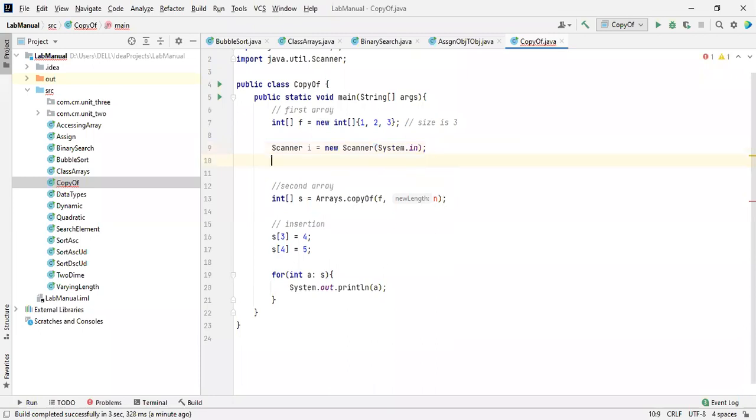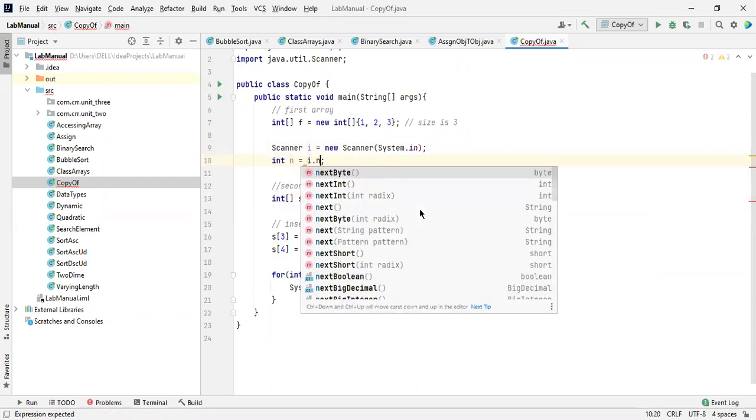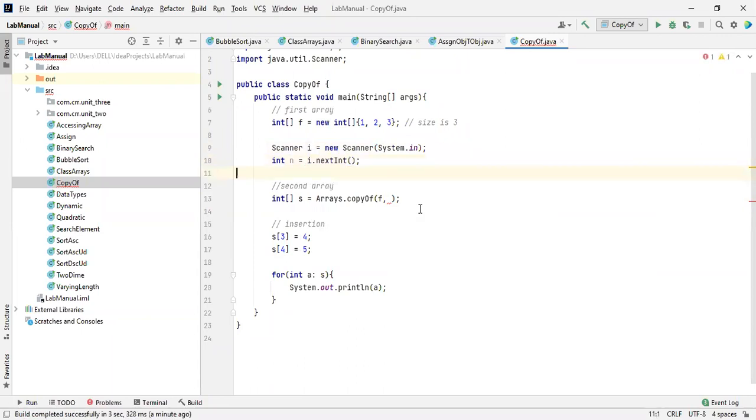Let me declare it as int, and here I'm going to take n is equal to i.nextInt, which is enough so that I can initialize over here dynamically. I can increase the size. So there is no need to worry about this. We can do it in n number of ways.